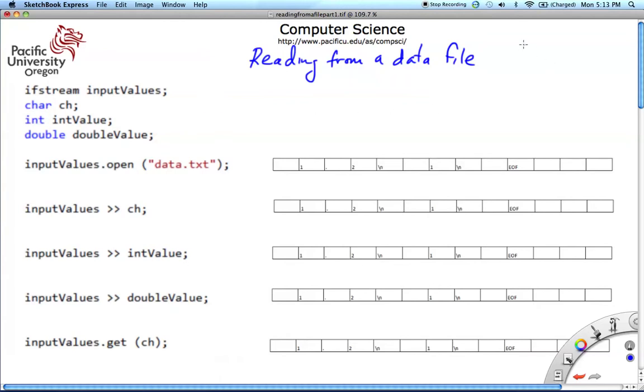Let's assume that in this example the data file that we're going to read from is called data.txt. So what might data.txt look like? In some text editor, we would open up data.txt, and let's say that we typed in a space and a 1 and a period and a 2 and some new line, which I'm going to signify by using the return key. And then we come down to the next line and we type a space and we type a 1